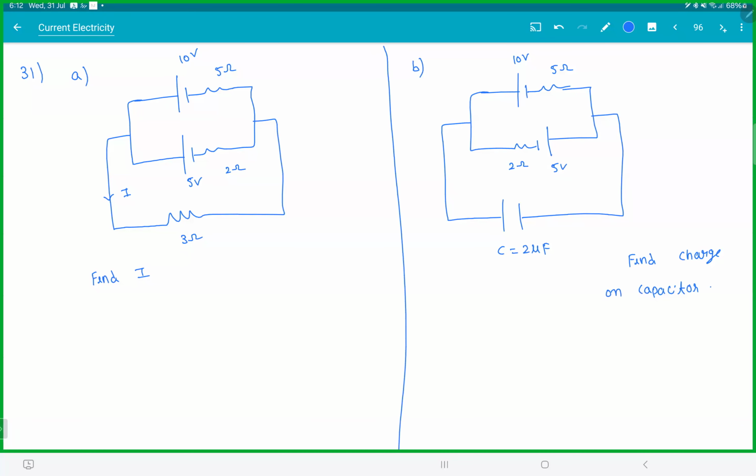Get that? So first one, if you look at this,